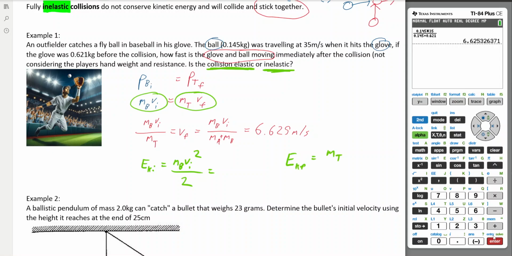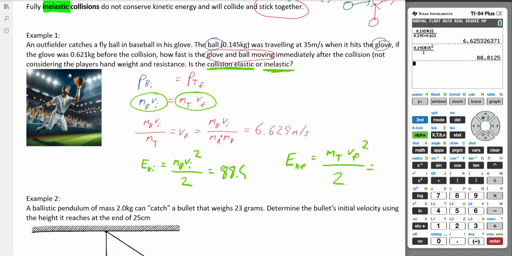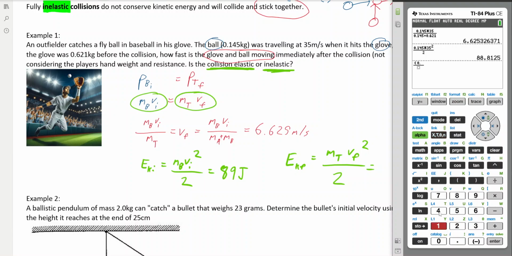It's mTVF squared over 2. So let's plug that in. So we have 0.145 times 35 squared over 2. And we get 88.8125 joules. Let's just keep in mind we've got sig digs, so 89 joules. Okay, and let's try the other one, which is 0.145 plus 0.621, bracket, times our new speed,